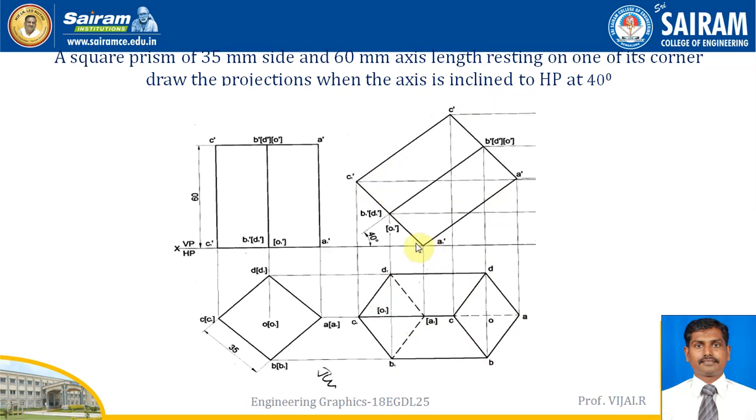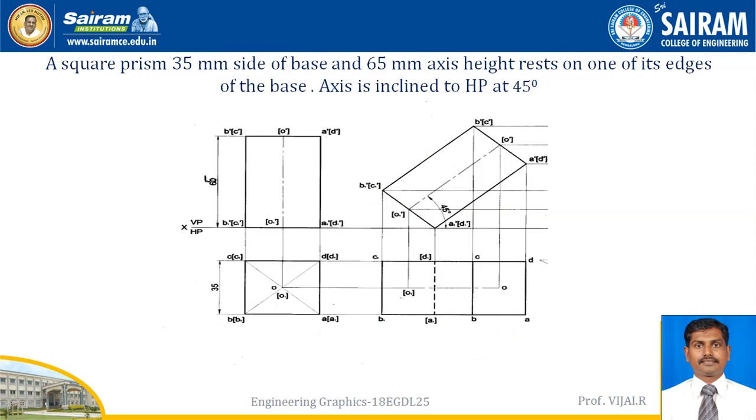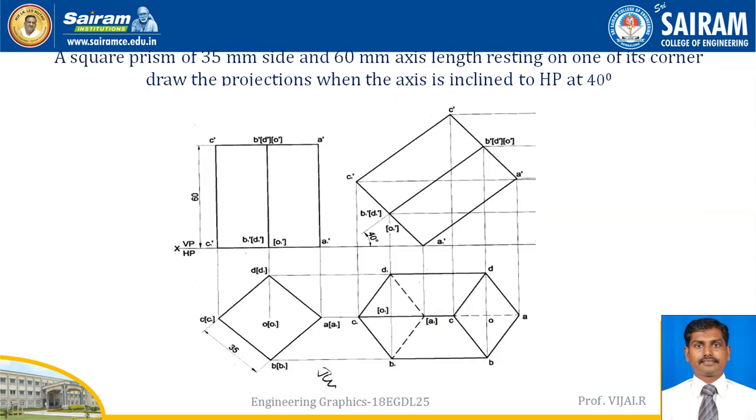This A, which is connected with this D and B, is hidden, from the corner to the axis, it is hidden. Only the outer area I can see. Alright, this is after getting the projection we can come to know. Okay, fine. I hope you understand these two methods: square prism on edge, and square prism on corner.